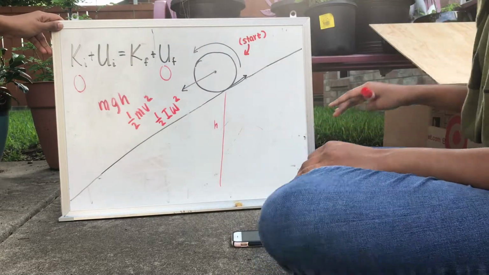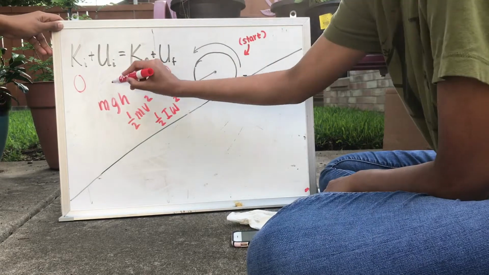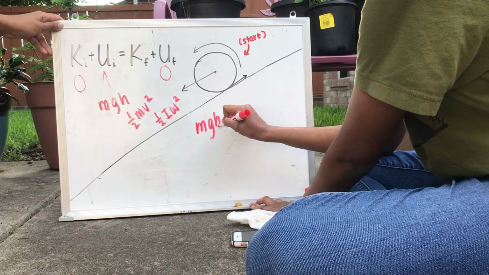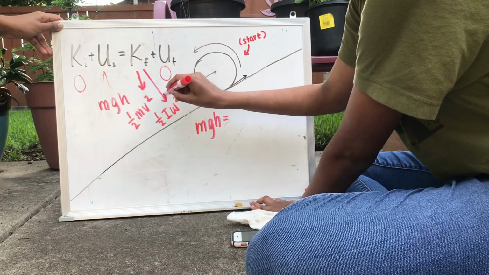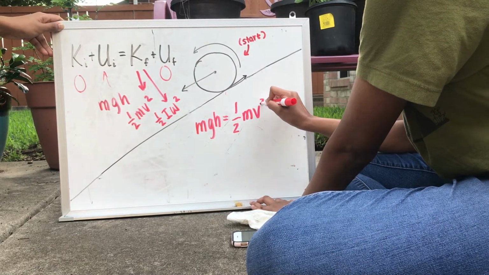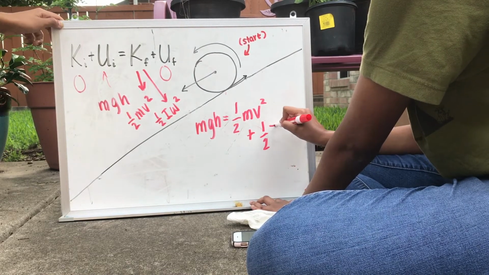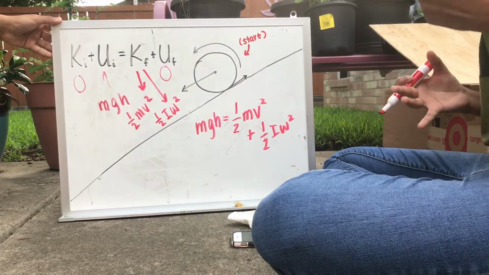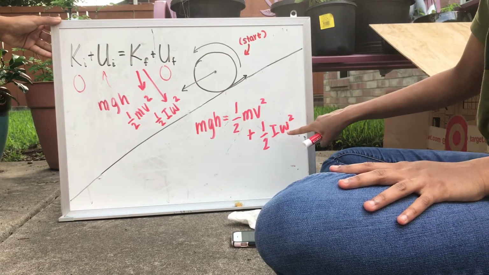So we're going to put all of this together. We have mgh, our initial potential energy, equals 1/2 mv squared plus 1/2 I omega squared. And so using your laws of angular kinematics that you should already know, you can sub in